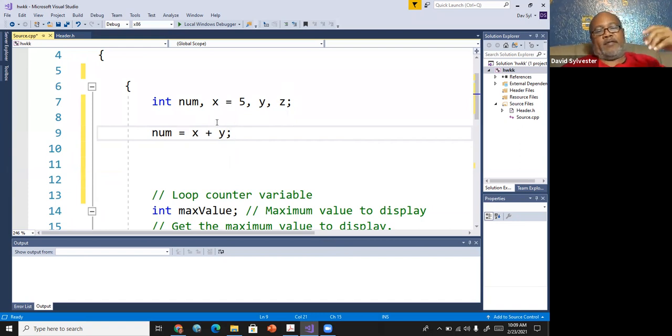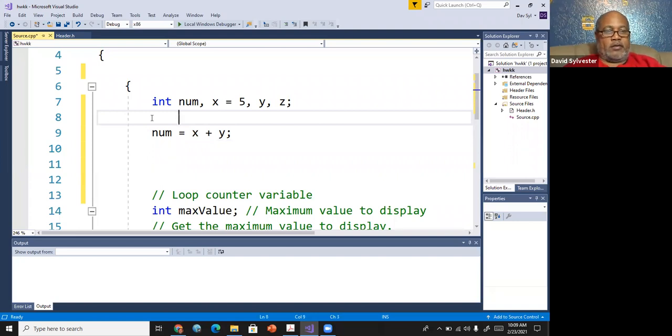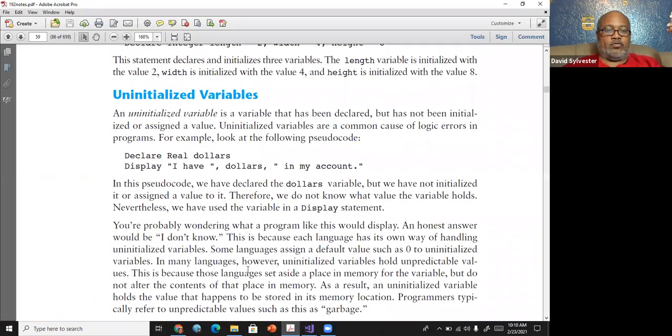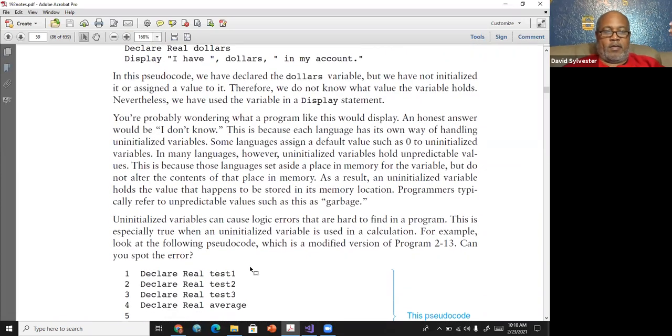So I would either have to initialize Y to be some value, or before I execute this statement, do something like this: Y is equal to whatever number. So now we know X is equal to 5, and now we know Y is equal to 5. So now we can solve this and assign the value. All right? So you have to know what the value is for a variable before you can solve the expression, right? And sometimes students run into those issues.